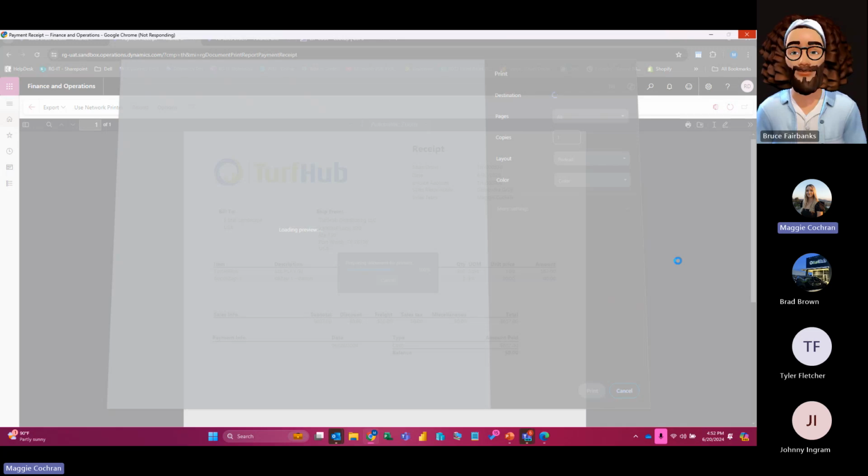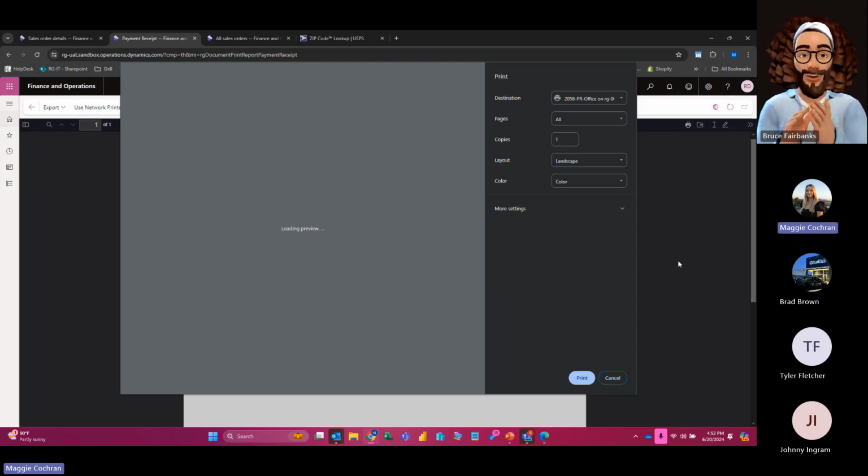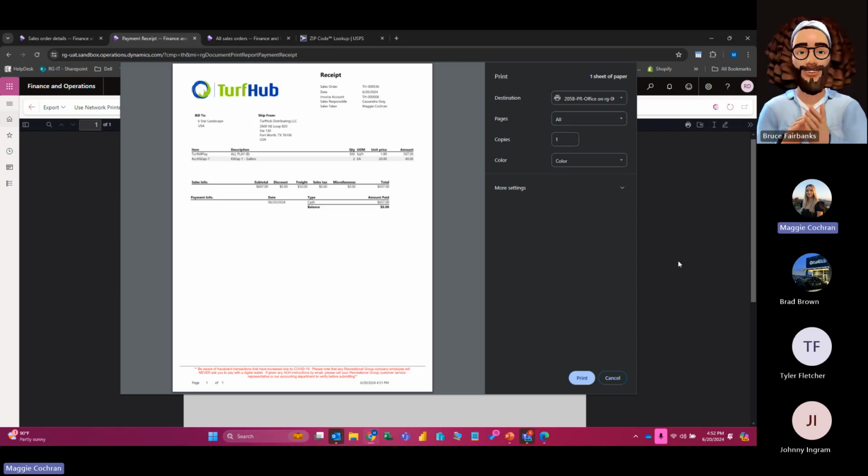So she's waiting on that. What do y'all think? Sales order wise, I mean, it's very detailed, but it doesn't seem crazy. Yeah. Once you get your hands on it and know where you're going and what you're doing, sales order